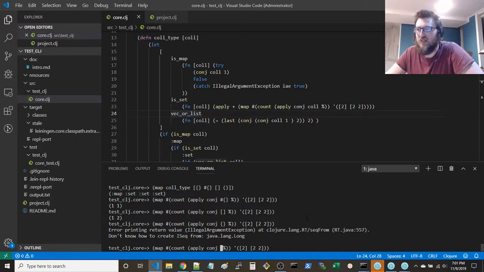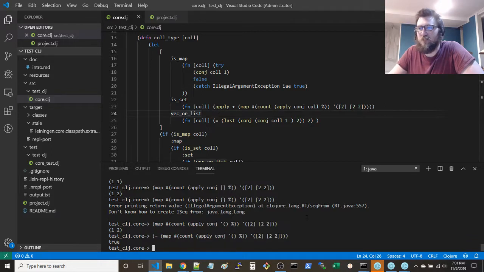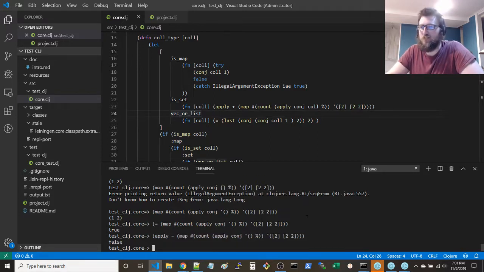Hash map doesn't make sense. Hash set works, and then a sequence. Also, we get 1, 2. Okay, yeah. But then what is? So then, if we do this, we get a problem. True. No, shouldn't be true. What about apply? Maybe that's the problem. Ah, there we go. Okay. Yeah, so we're right. We're fine.